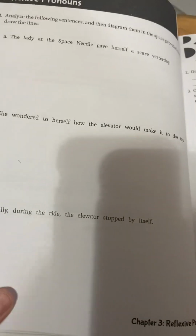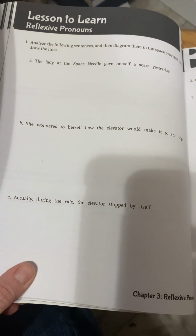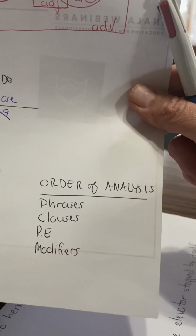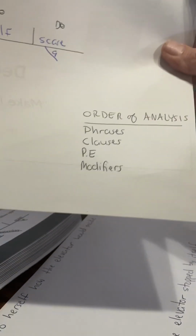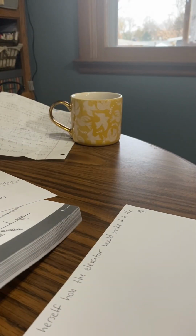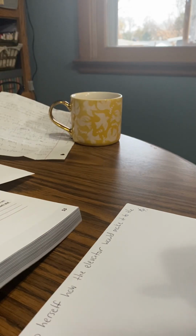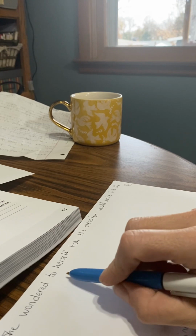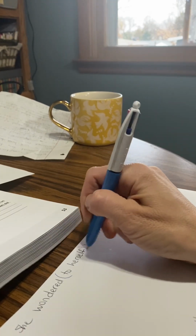is sentence number 2. She wondered to herself how the elevator would make it to the top. Okay. Order of analysis, remember? Phrases, clauses, principal elements, modifiers. Are there any phrases? To the top. And to herself. When I wrote it down, I went ding, ding, ding, to. Oopsies. To is a preposition. To herself,